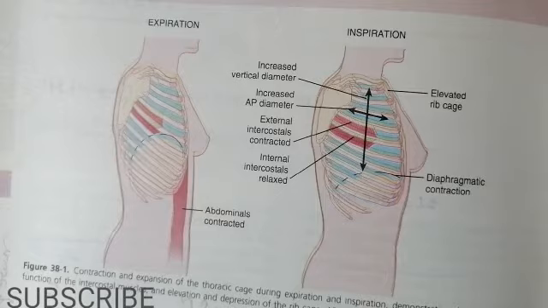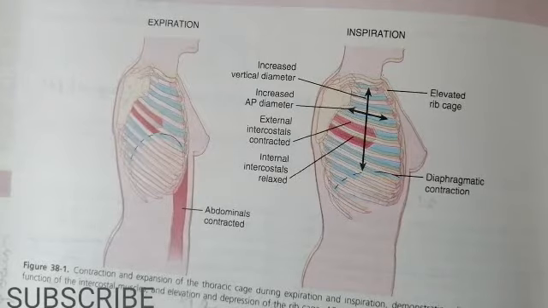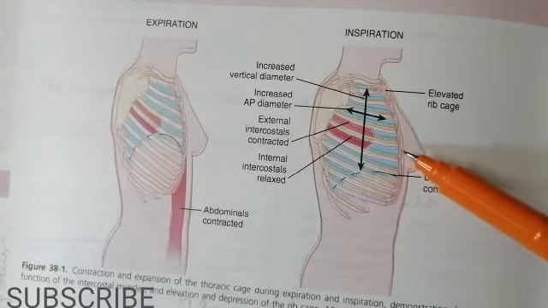One thing we should remember before discussing the lung compliance is the pleural pressure and the alveolar pressure. The pleural pressure is the pressure between the two pleuras or pleural cavities of the thoracic cage. The first pleura is of the thoracic chest wall and the second pleura is of the lung itself. The space between these two pleuras is called the pleural space, and the pressure inside the pleural space because of the pleural fluid is called the pleural pressure. That is also called the intrapleural pressure because it is between the thoracic and the lung pleura.